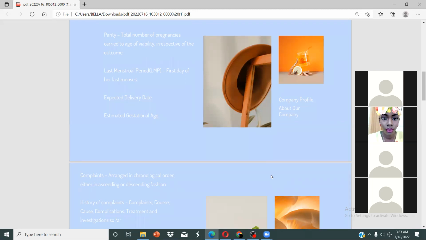June is 30 days, right? So it will be 4 weeks and 2 days. July is 31 days, so 4 weeks and 3 days. August is 31 days, so 4 weeks and 3 days. For September, because we said her EDD is the 12th of September,